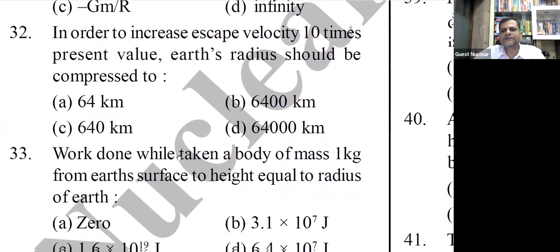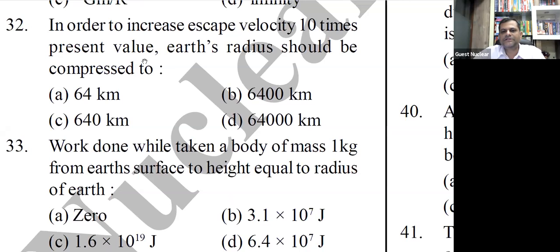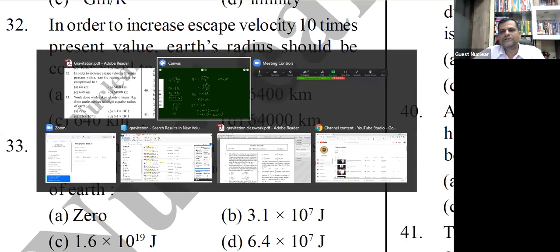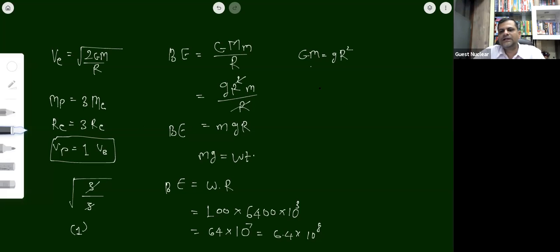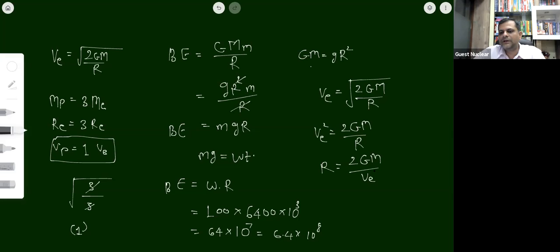In order to increase the escape velocity 10 times of the present value, the Earth's radius should be compressed to. तो देखो ठीक से, अगर हमको escape velocity 10 times बढ़ाना है, तो देखो escape velocity का फॉर्मूला क्या होता है, रूट ऑफ 2GM अपॉन कैपिटल R, ये है। तो अभी इसको अगर हम स्क्वायरिंग कर देंगे तो हमको मिलेगा Ve स्क्वायर इज इक्वल टू 2GM अपॉन R। अभी R हमको निकालना है, तो R को हम एक्सप्रेस कर सकते हैं इस तरह से 2GM अपॉन Ve स्क्वायर।